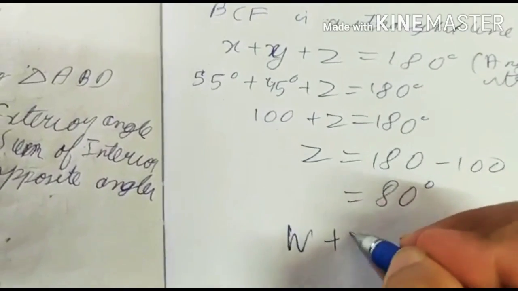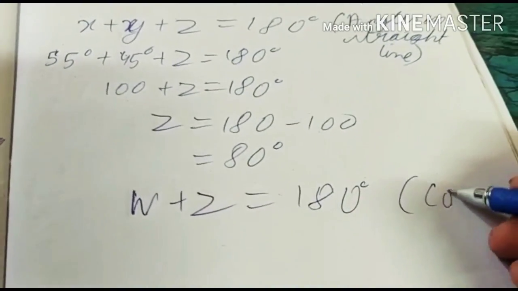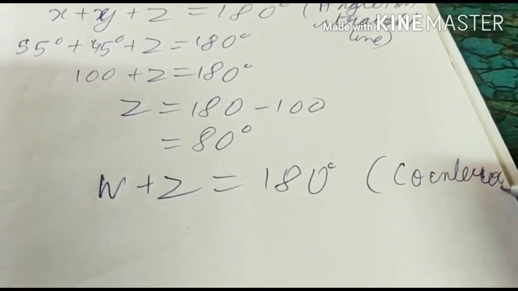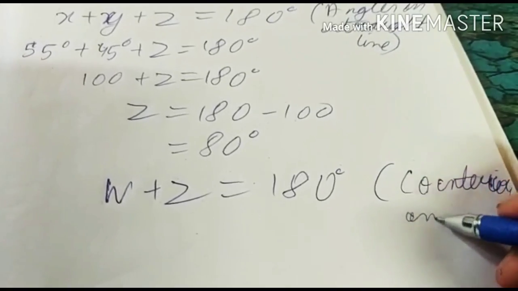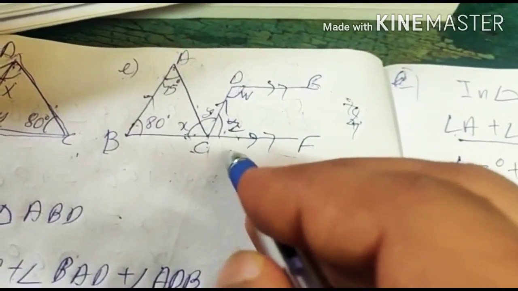Angle W plus Z equals 180 degree. How? They are co-interior angles. And before this we need to write that